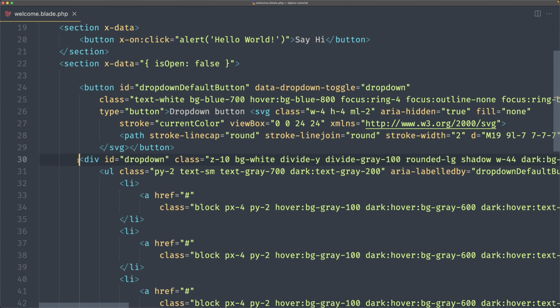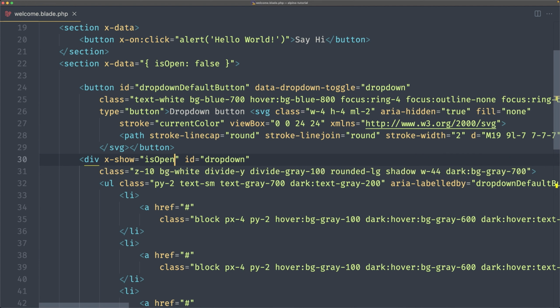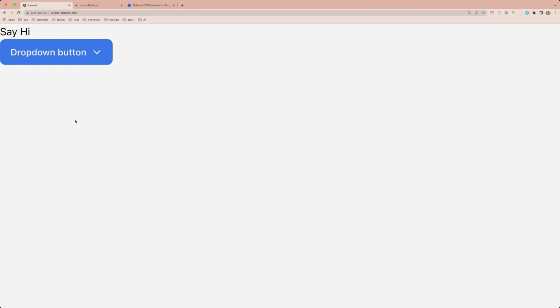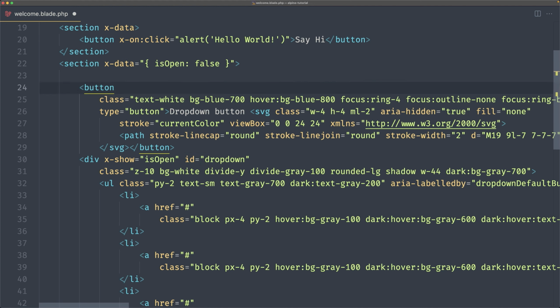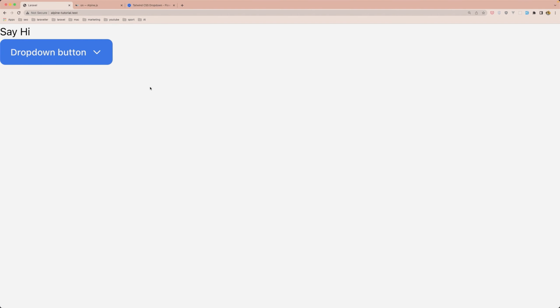So in this div, I'm going to add the x-show we learned in the previous video, and this is going to be shown only if the is open is true. Now it is hidden. When we click now on this button, I want to change the is open state from false to true, and when we click again to be false. So the same thing we did in the previous video, and let's use now the